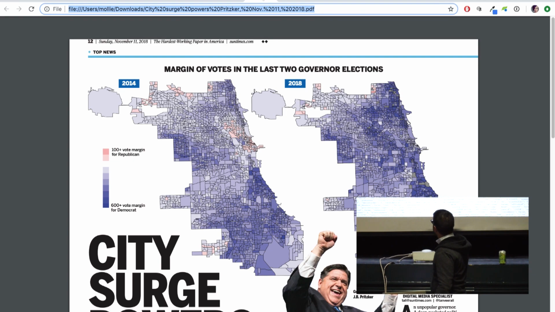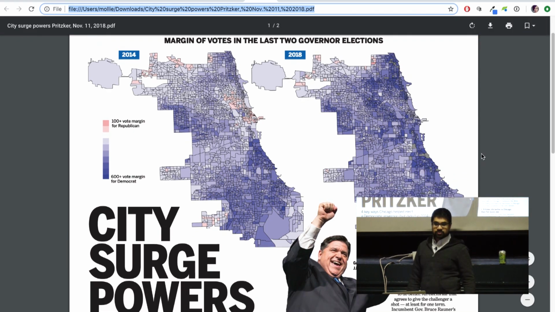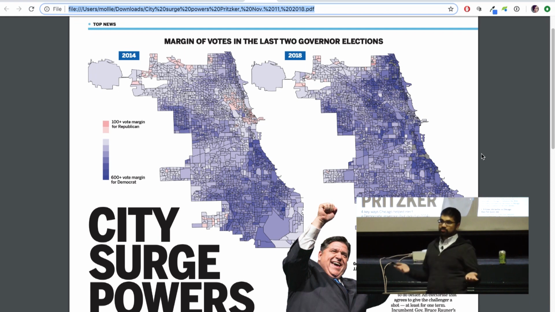This one. So I built a Chicago-centric map, and even if you live in Chicago and the city's like 90% Democratic vote, don't think your vote doesn't matter. After doing this analysis, I found out that if Chicagoans voted the way they did this time, rather than in 2014, even though the rest of the state was lost by Quinn, the Democrat, he would have still won. So these maps were actually built in QGIS.